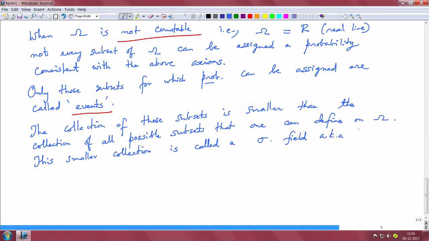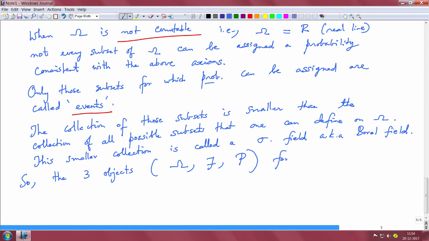It is also known as a Borel field. So, the three objects omega, the field and the probability measure form a probability space,